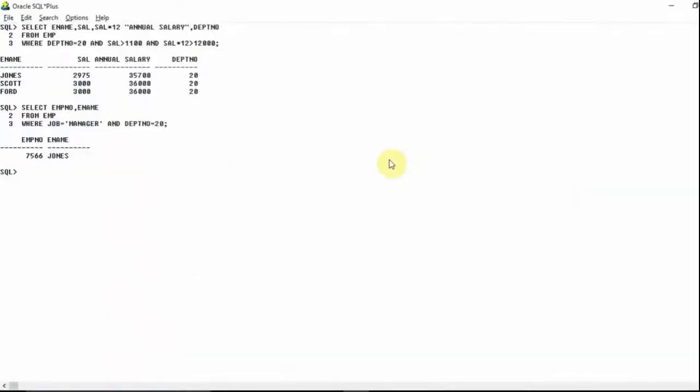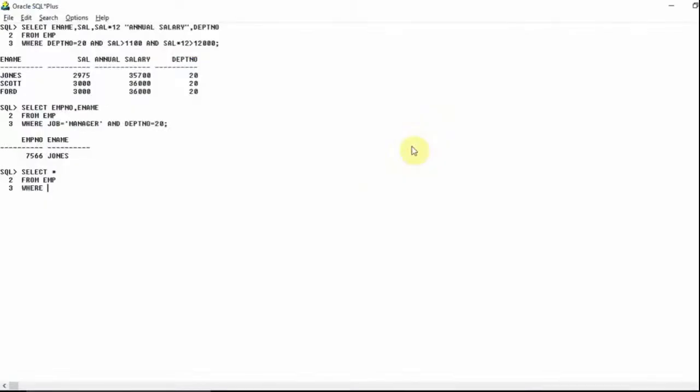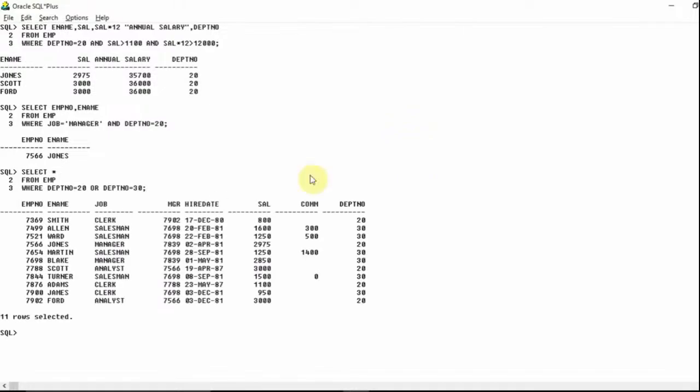30. So here it is simple guys, select star, that means all details from EMP table where department number should be 20 or 30. So DEPT number should be equal to 20 or DEPT number should be equal to 30. So these are the 2 conditions, and if I hit enter, then you can see I'm getting this whole table guys. Okay, so this is one of the ways how we can write this query, but there is another easy